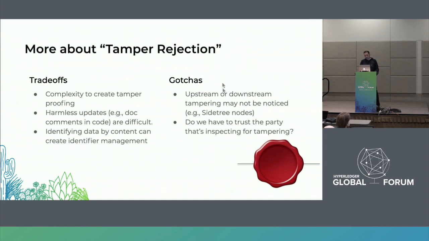This one about upstream and downstream tampering on the gotcha side, I'd like to comment about for just a minute. SideTree is a very interesting project sponsored by the Decentralized Identity Foundation that allows you to offload a lot of traffic from slow blockchains. So what you do is you batch up hundreds or thousands or millions of transaction requests on, let's say, a Bitcoin blockchain, and you commit all of those requests as one transaction. So instead of running 1 million transactions, you run one.